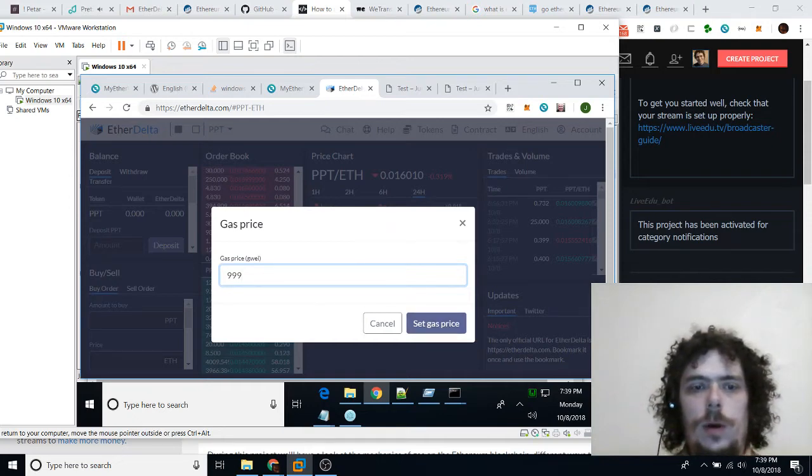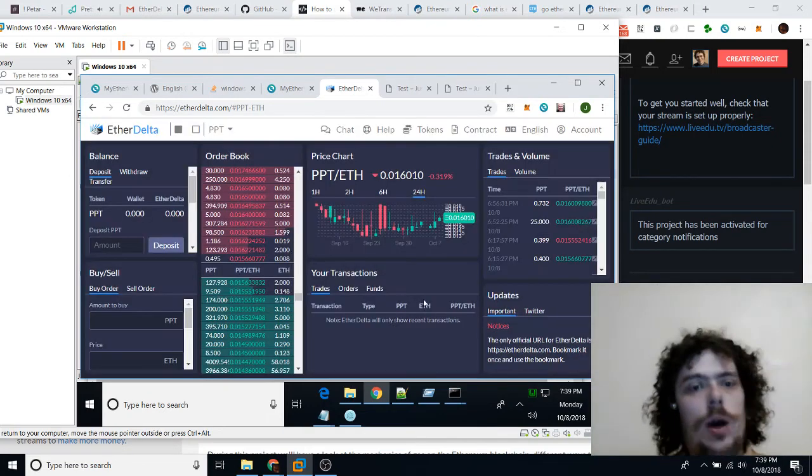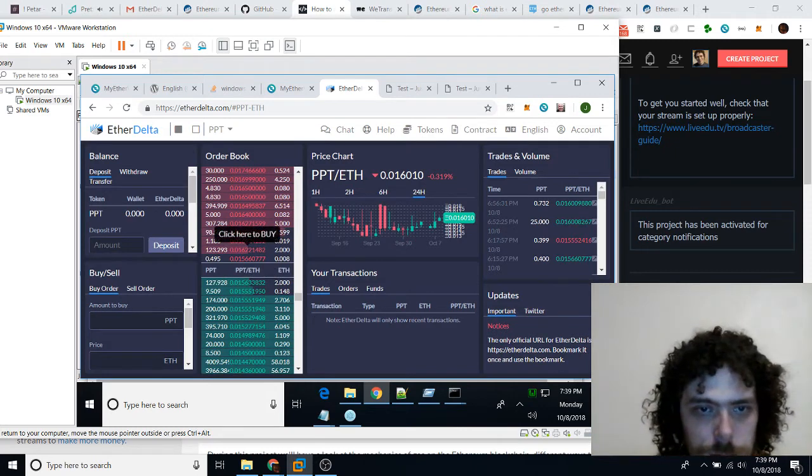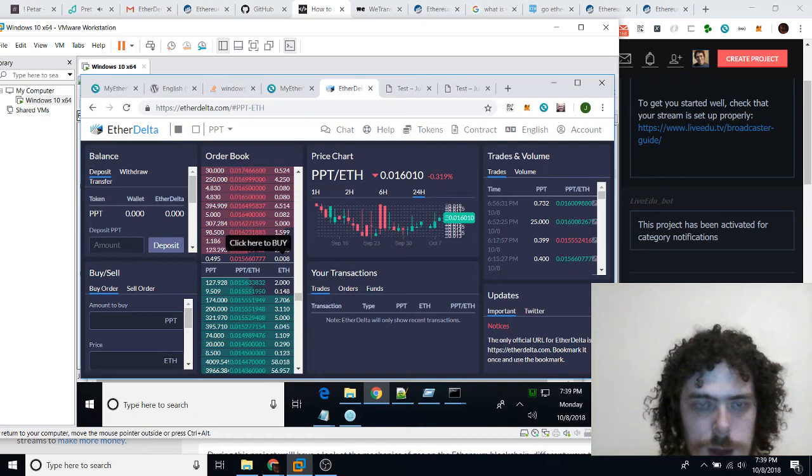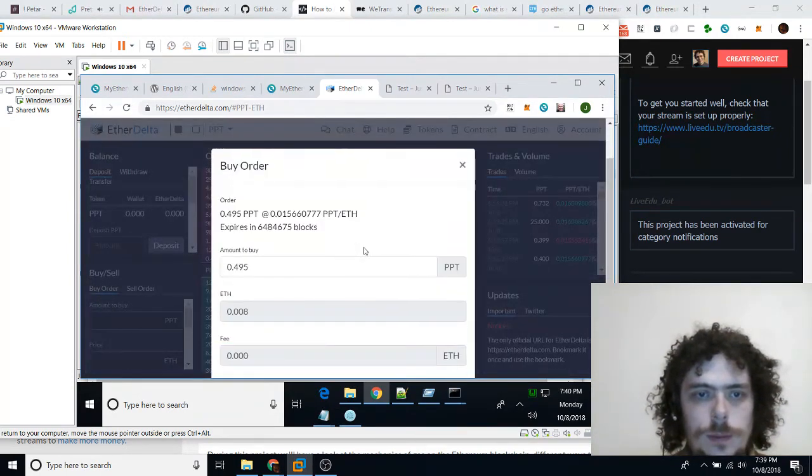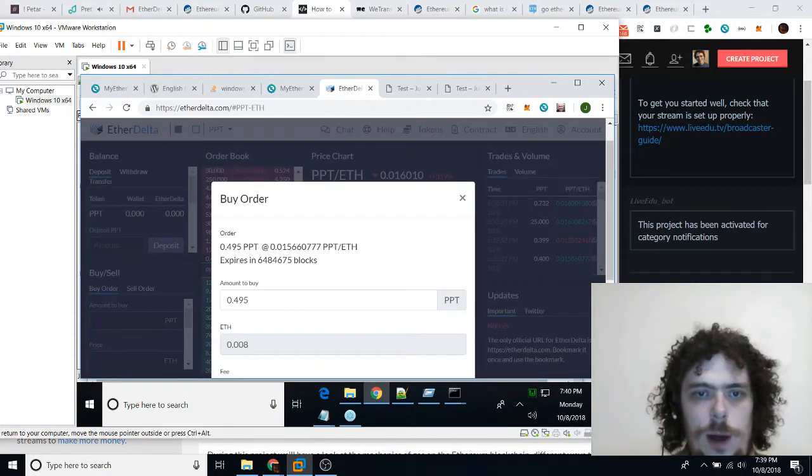So that's very important if you were to try to find an order that's at such a good price that everybody else is going to buy it. Like we can see here that this price for this 0.008 ether worth of PPT token is actually set at just above what it costs to buy it. So if we were to try to sell it rather. So you can see it's a much better price than the next order on the book, which takes up a lot more volume. And so somebody's probably already beaten us to this order, which we can't even execute because we're not on the mainnet.